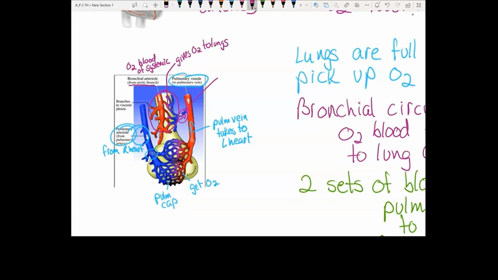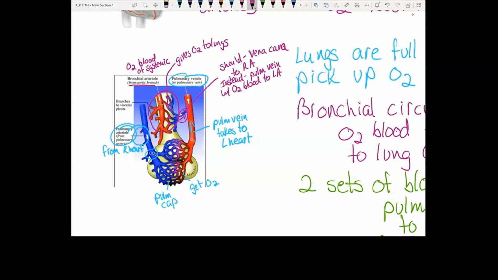Right here, this blood should take a vena cava to the right atrium, because that's what systemic blood does after it has given oxygen. But instead, it does this little cheat, and it just goes into the pulmonary vein with the oxygenated blood